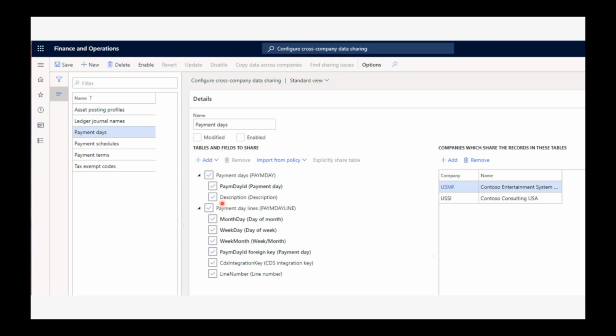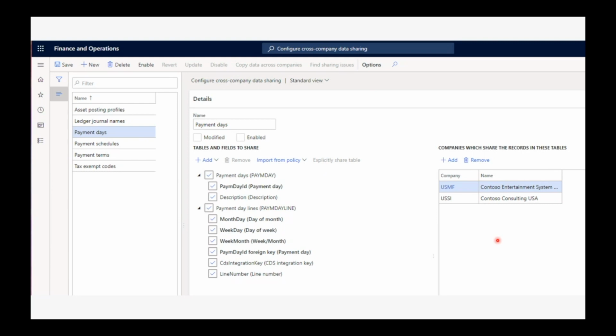If you want to make modifications and, for instance, say this description can be different, maybe you want to have the description in a localized language, you can just disable description and it will not be synchronized. And here on the right, you add all the legal entities that should be sharing the data with each other.